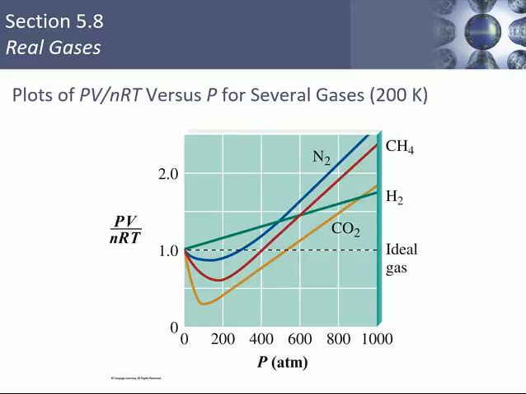All right. So, as a description of these real gases, we've plotted PV over nRT. If the ideal gas law is correct and you divide PV by nRT, you're going to get a value of 1. What we've done here is we've plotted several gases, pressure against PV over nRT. And you see, if these were ideal gases, you would get just a straight line at 1. But that's not what we see.